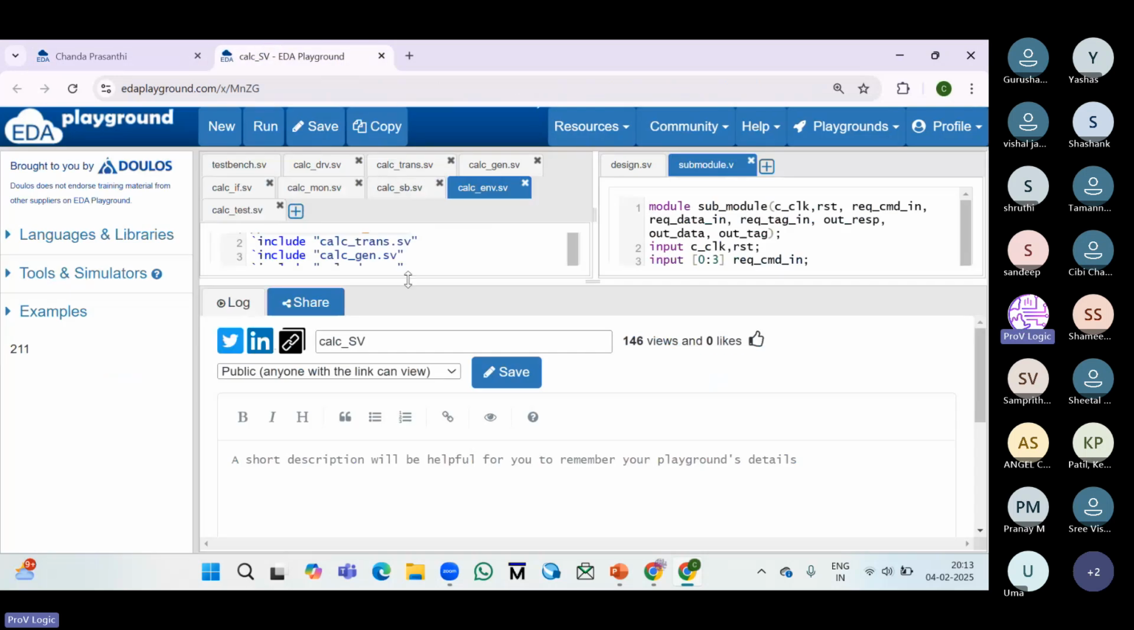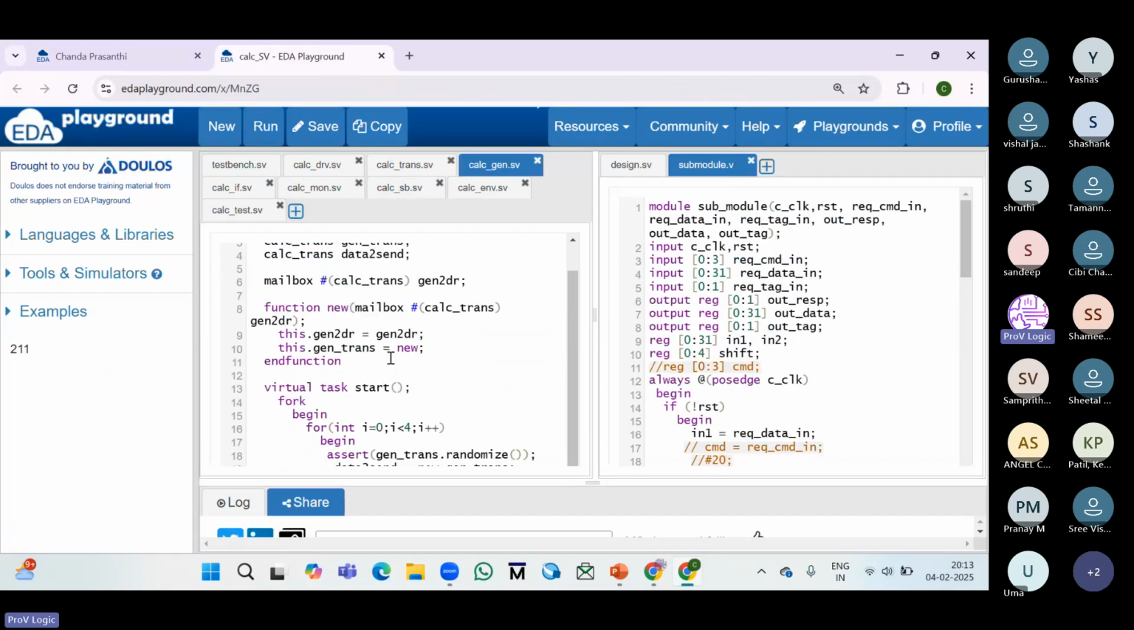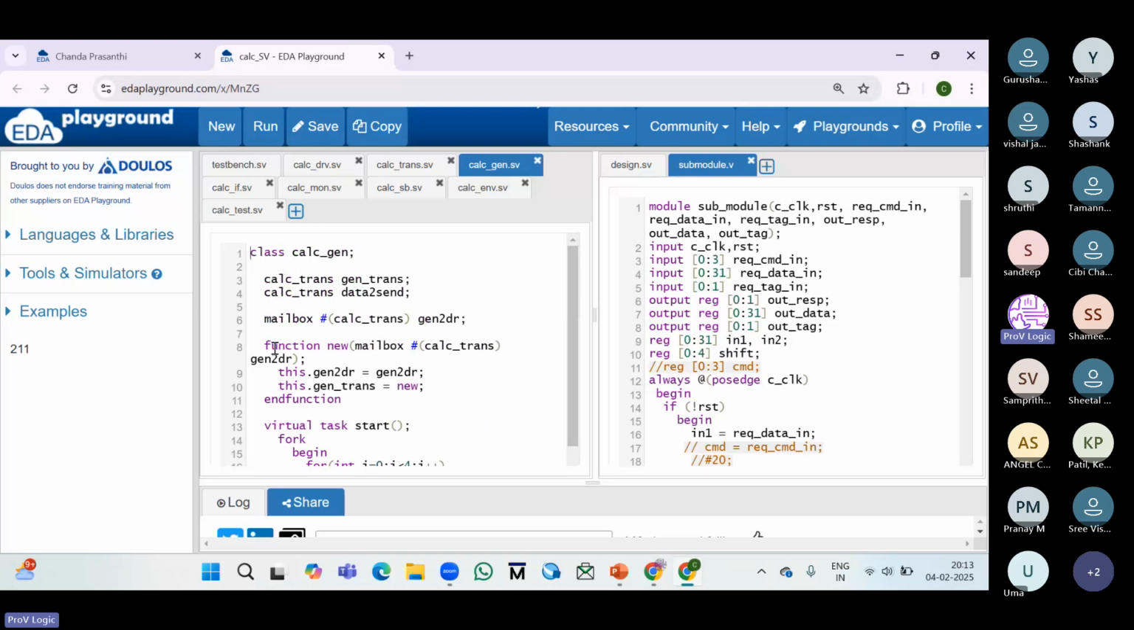So if you see here the generator block in SystemVerilog, we are creating the class, and also we are creating